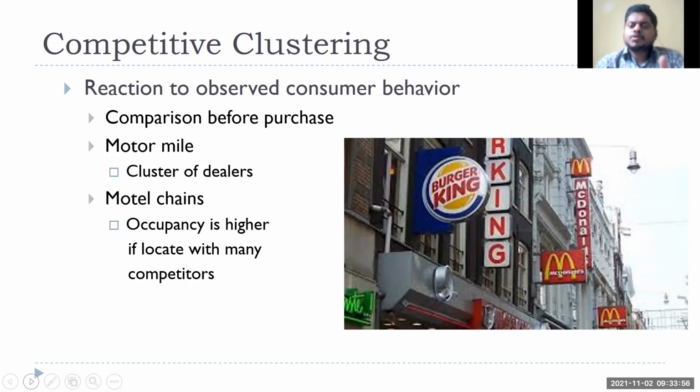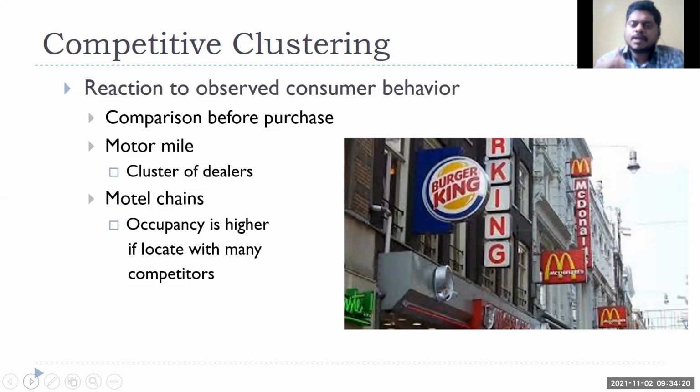Most of these kind of service industries, when I talk about petrol pumps or, let's say, restaurants, they try to cluster together. Can anybody think of one reason why? Take the same example I took on the highway. If you're traveling, most of the petrol pumps will be